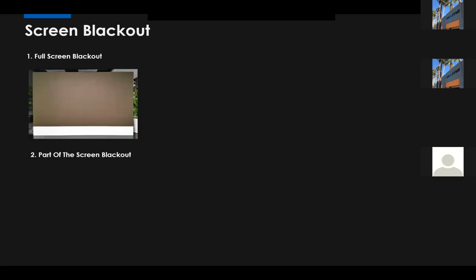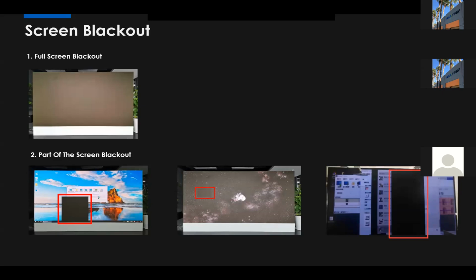The second one is part of the screen is black, including a specific cabinet or module is black, or the sending card output area just shows black. The first one is the whole screen blacked out. For this one, part of the screen is blacked out by cabinets, by modules, by one port.